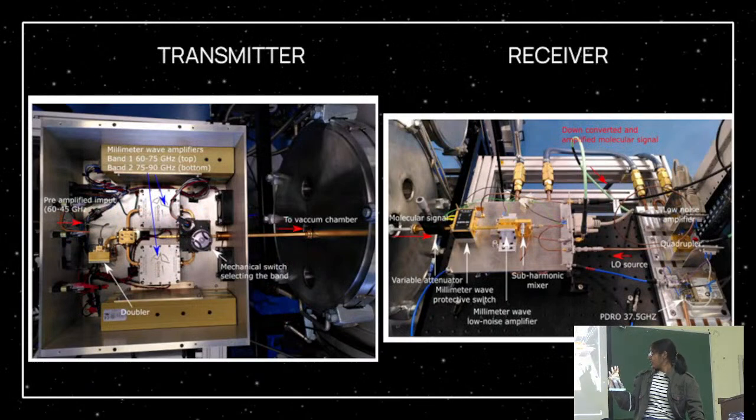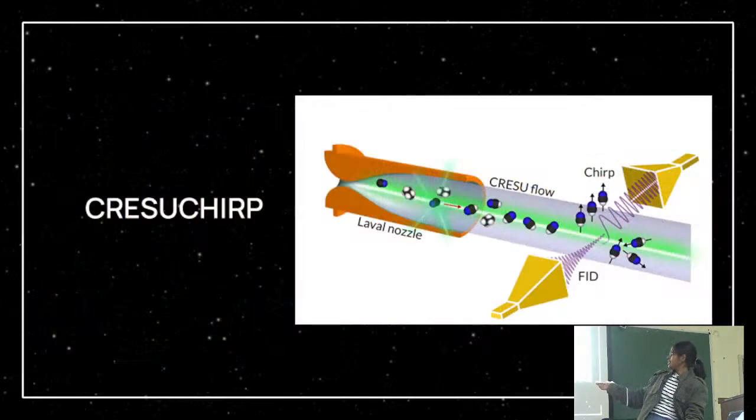So this is what it actually looks like. This is the transmitter, where the signals are being transmitted. The electronic signal is stepped up to the point that it becomes an electromagnetic wave when the electricity propagates through space. Then you have a waveguide and the microwave horns that project it into the flow. So this is what the setup essentially looks like.